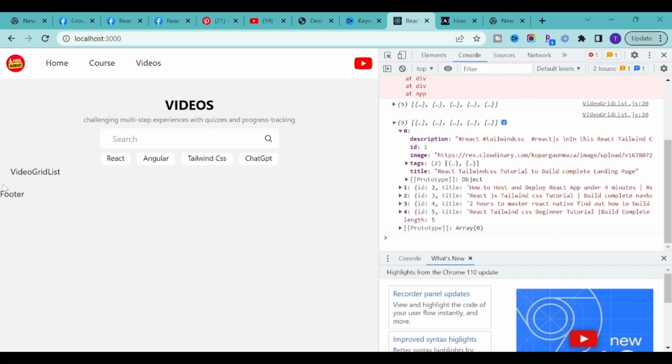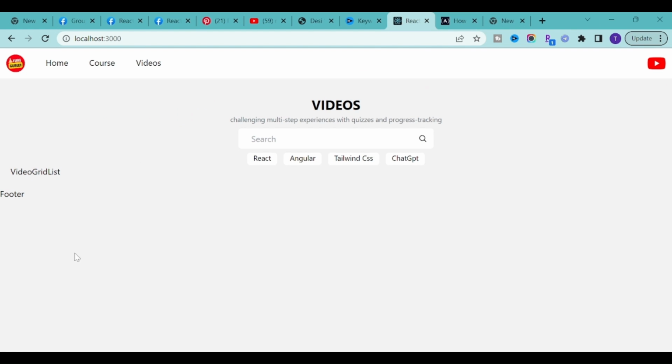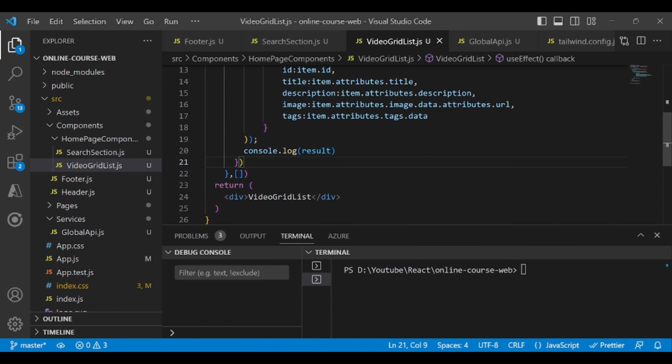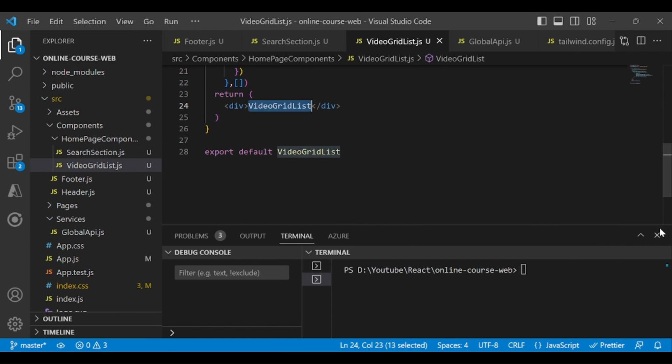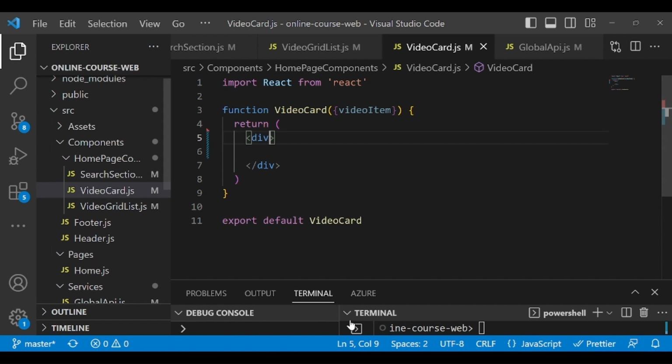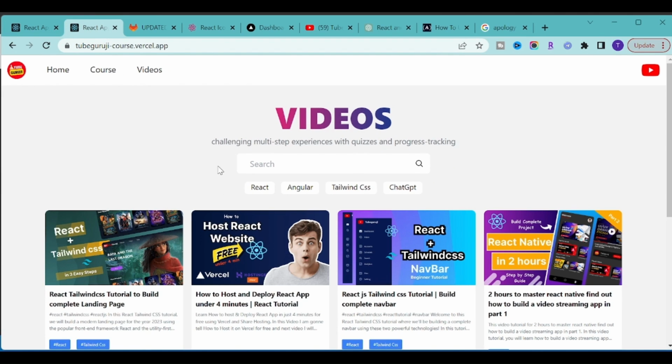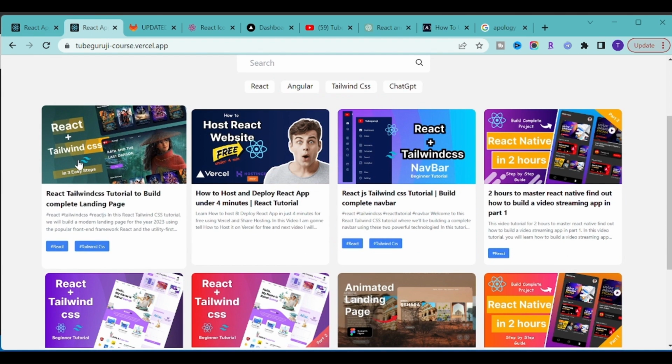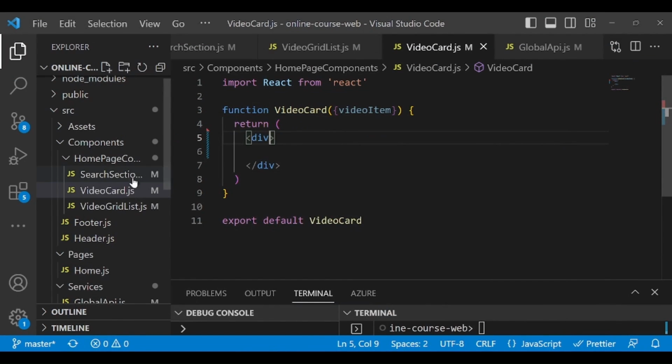Now what we will do, let's start designing this video grid list. Okay, I will close this one so we can see everything. So we have the data now. Now let's start designing the video grid list. Now, if you see, we need to build this card design. Okay, so once you create this video card file in the homepage component,